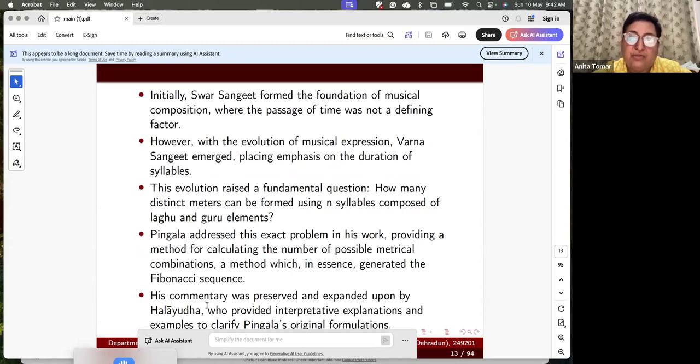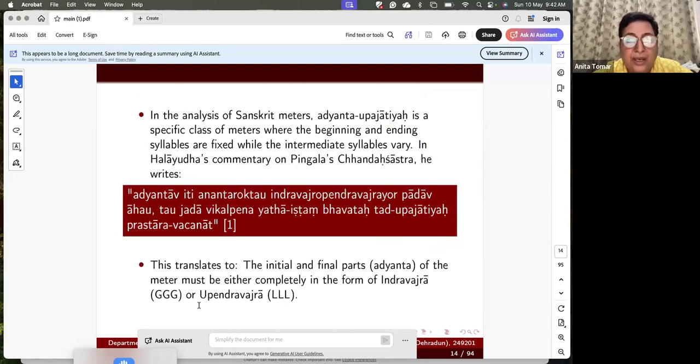Initially, Swar Sangeet formed the foundation of musical composition, where the passage of time was not a defining factor. However, with the evolution of musical expression, Varna Sangeet emerged, placing emphasis on the duration of syllables. So this evolution raised the fundamental question: how many meters can be formed using n syllables composed of Laghu and Guru? So in his analysis of Sanskrit meters, Adyanta and Upajyanta is a specific class of meter